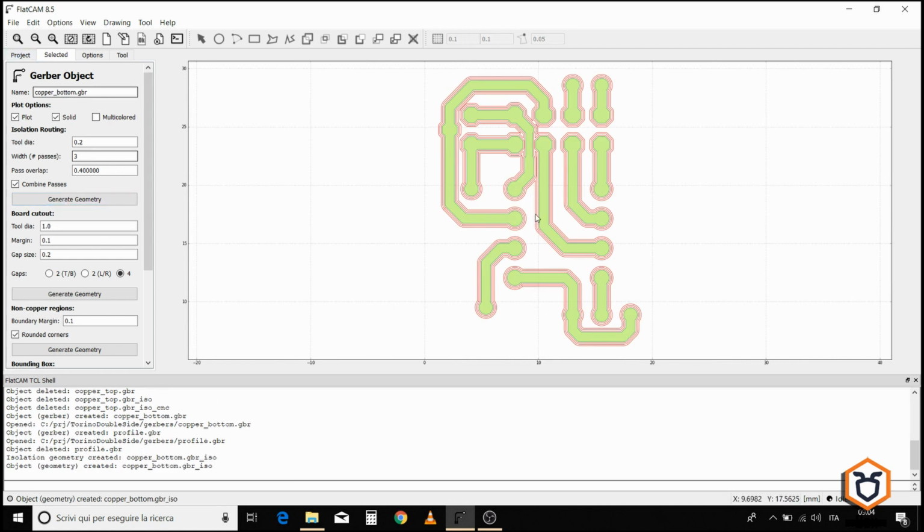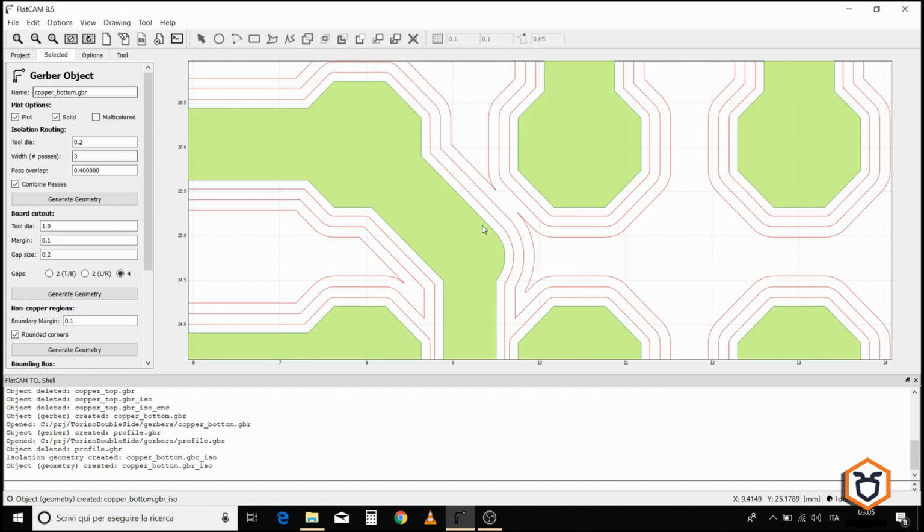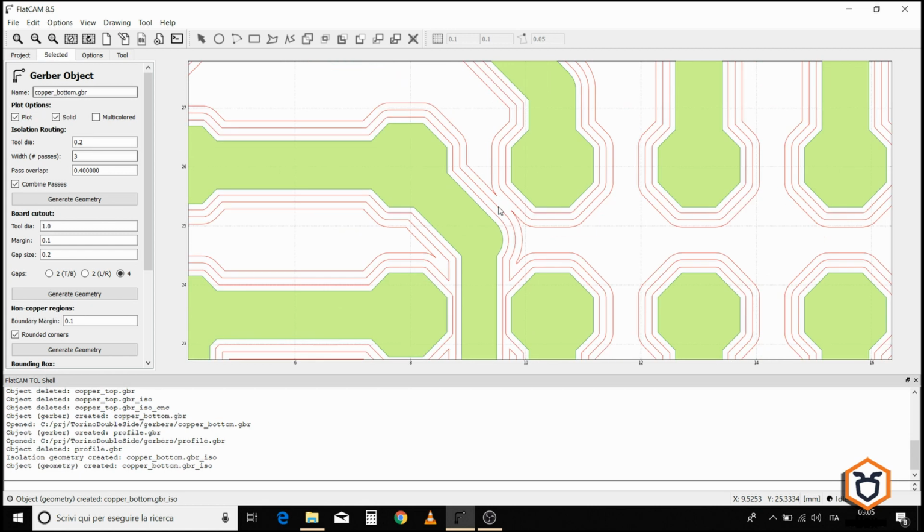One important thing is to always take a look at this view, since it will show you if the tool diameter is small enough to pass in all the points of the traces. If this doesn't happen, you will not see traces passing in very narrow points in between two connection tracks. Of course,